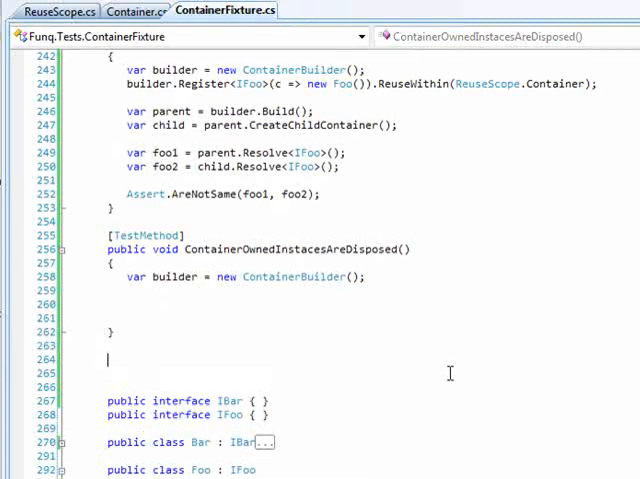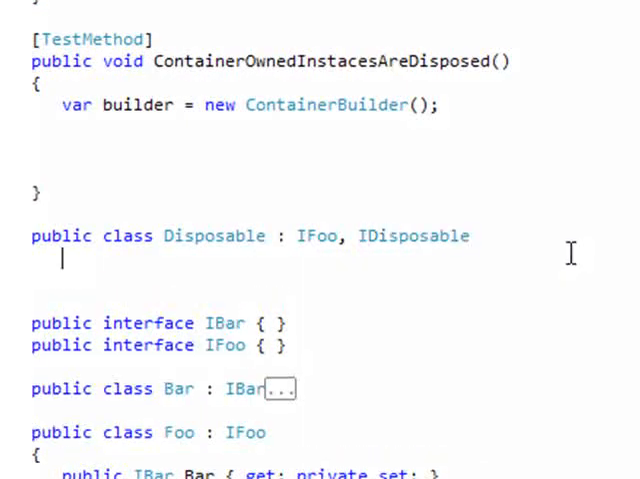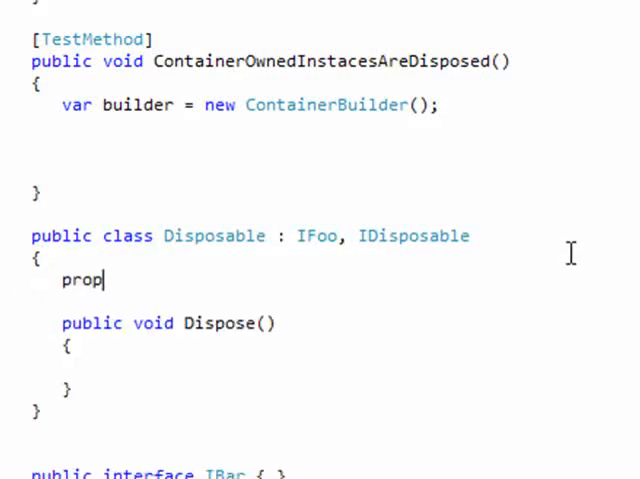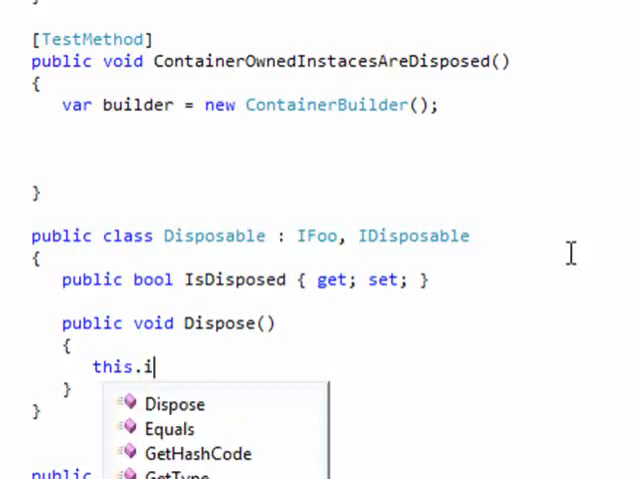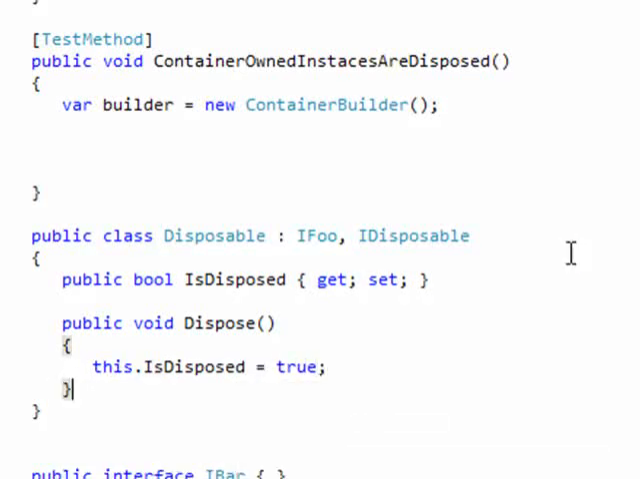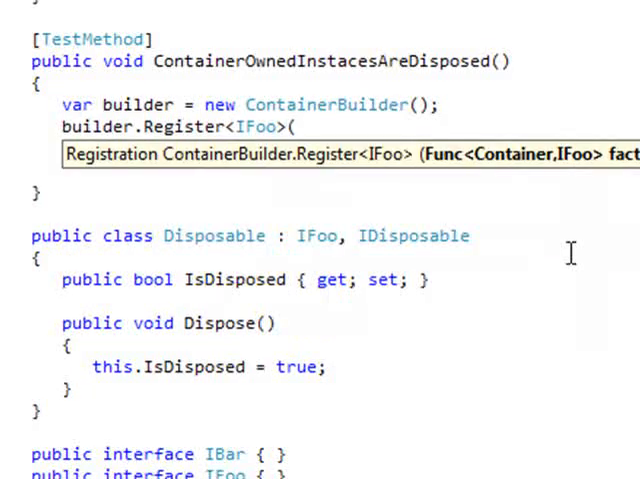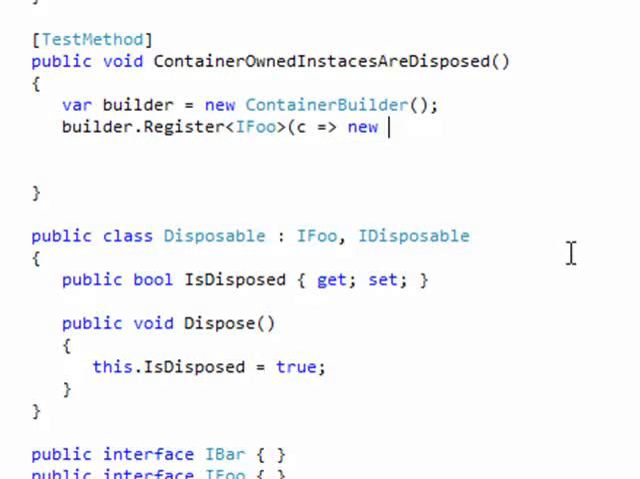Because we're going to be dealing with a disposal interface, we probably should have a class, Disposable. Let's say it implements IDisposable, and let's have it so that it has a public property that we can make assertions on. Okay, good. Builder, register a new disposable,